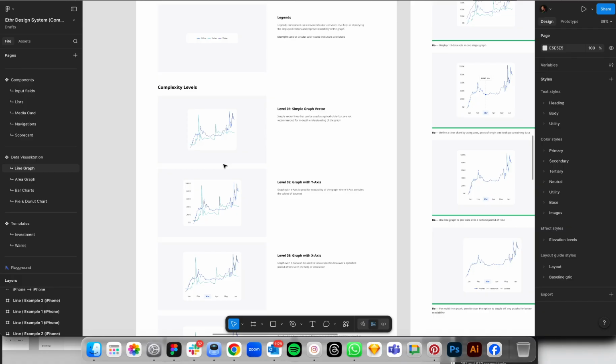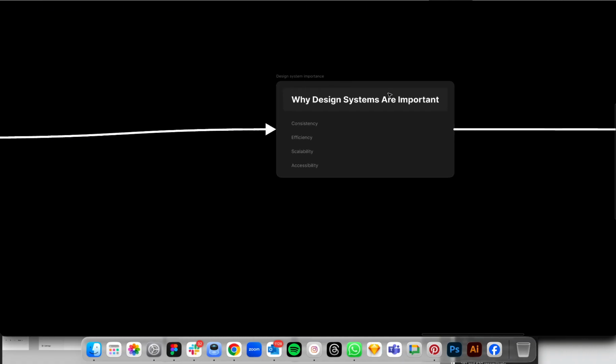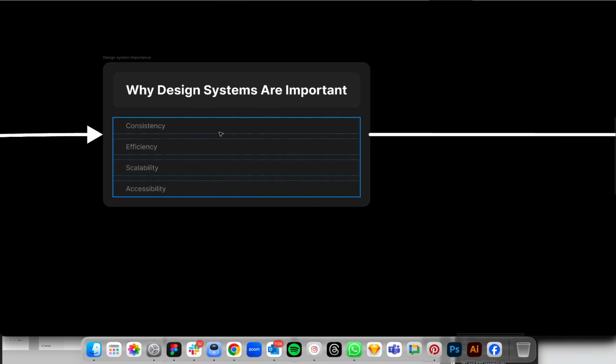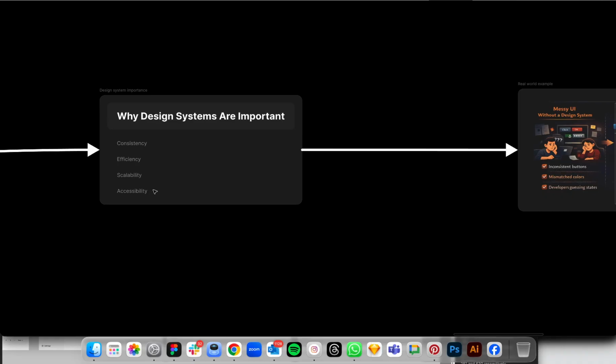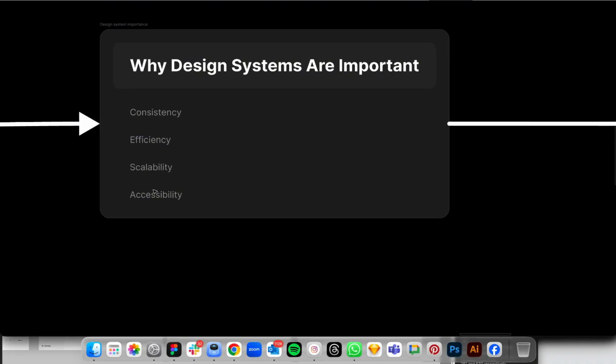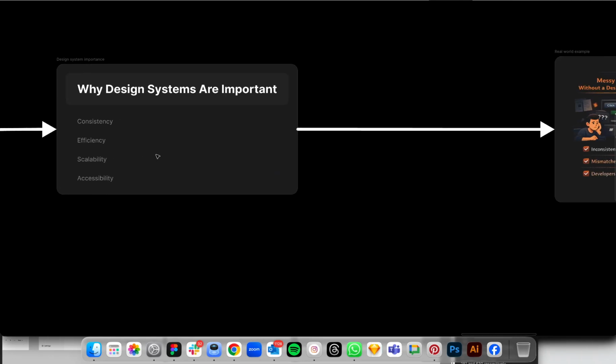So moving forward, now let's discuss why the design system is important. So actually, the design system helps us to maintain consistency, it makes the product efficient and scalable, and also it makes sure of the accessibility of the software, right? And also if in any case we have to scale the product, through the design system we can easily and quickly scale the product, right? So moving forward,